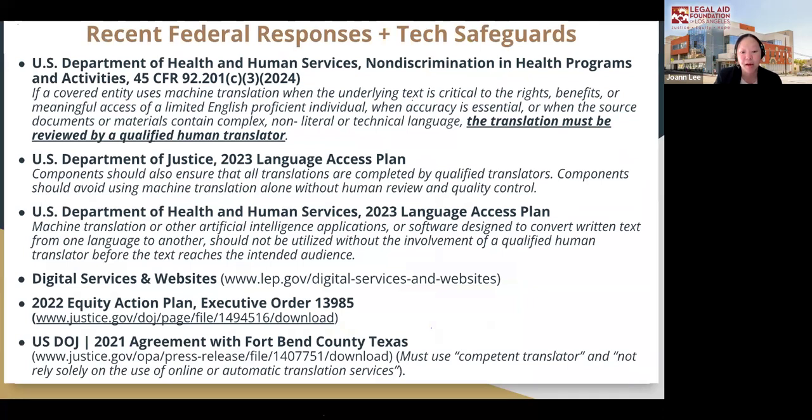HHS put out a provision that said the translations had to be reviewed by qualified human translators. The Department of Justice also had a similar safeguard, and then also HHS in their language access plan. The federal government has done a lot on this, and we hope that these will be implemented and adopted by our local and state governments as well, especially where critical benefits and services are being provided to our most vulnerable